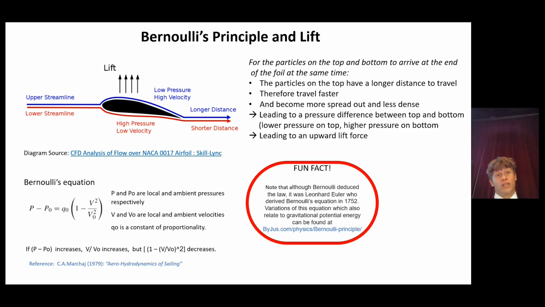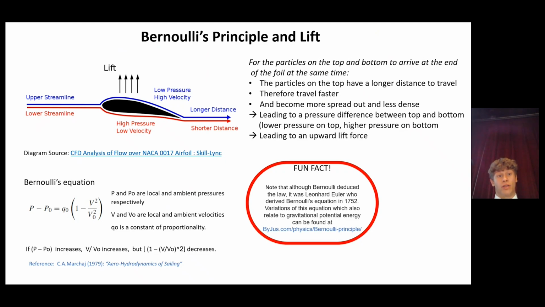A very important factor to consider is Bernoulli's principle, which applies to any object which has a distance on one side longer than on the other, such as a foil, a sail, and many other objects. This is part of fluid dynamics, because you can see you have an upper streamline. It could be air, water, any sort of gas or liquid, and it goes above the top section and also above the bottom section. Because the top section is a greater distance than the bottom section,